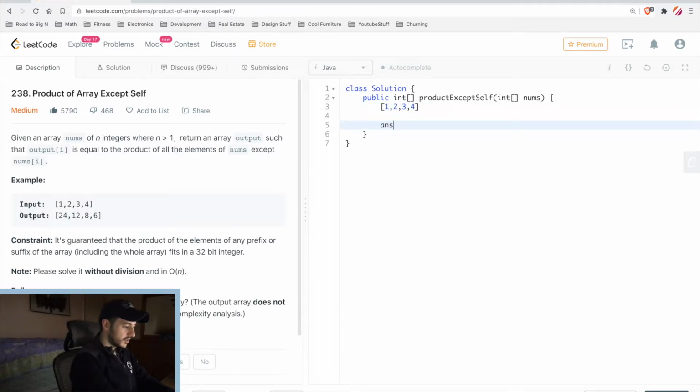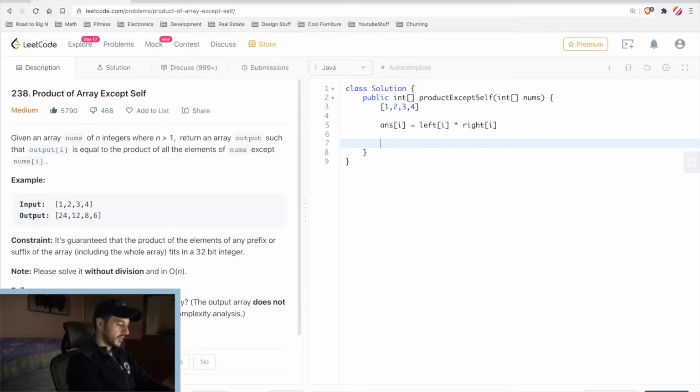So essentially our answer is going to be like this, where we just take the right side and the left side and we multiply them together. And so that's the formula we'll be following. And then to get these left side and right sides, we'll just be calculating the product up until this index i, but not including i. So if we can see an example here,